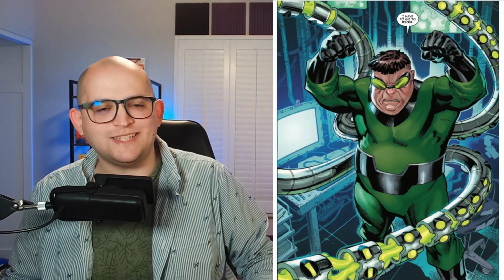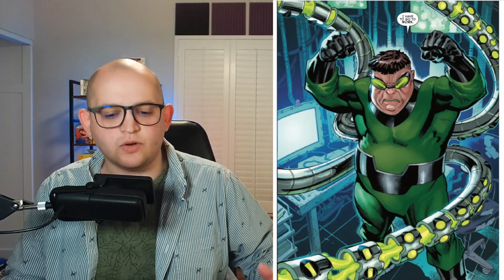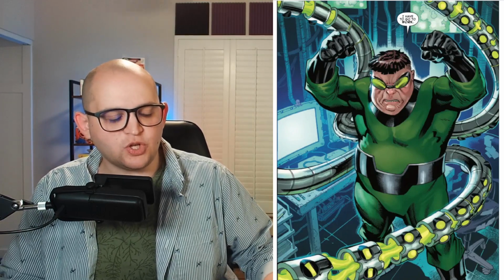So overall, in terms of the Amazing Spider-Man issue 28, I think this has been a very fun issue, kind of resetting up and re-explaining Otto Octavius in the Marvel Universe. One aspect with this character that I really wanted this issue to touch on was the fact that Otto Octavius has been such a smart member of Spider-Man's Rogues Gallery due to the entire Superior Spider-Man storyline,